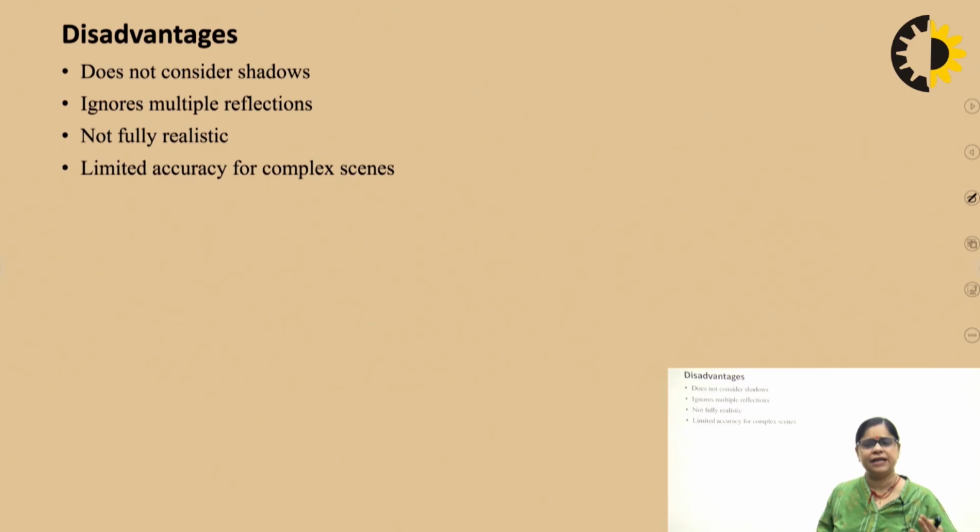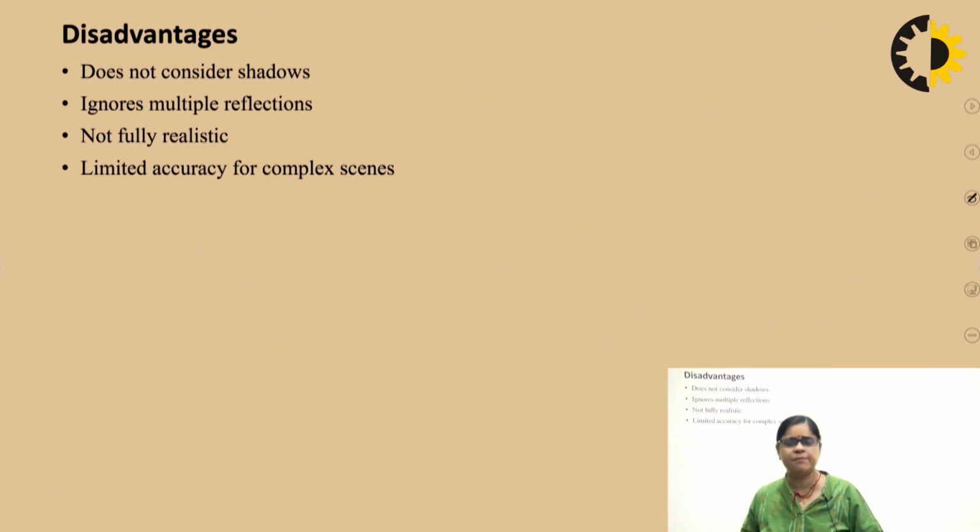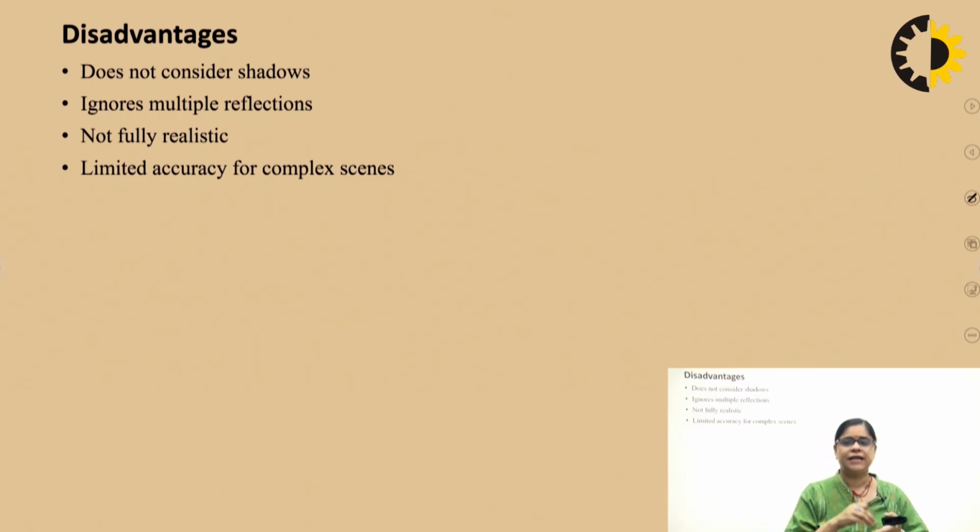And certainly, 90% is advantages, but some disadvantages are also there. It does not consider any shadows, because we are seeing only the simple point on which the light has fallen. That single point is highlighted. So we are considering how the light has been reflected, and we are getting the reflected image. That's why we are not considering shadows.